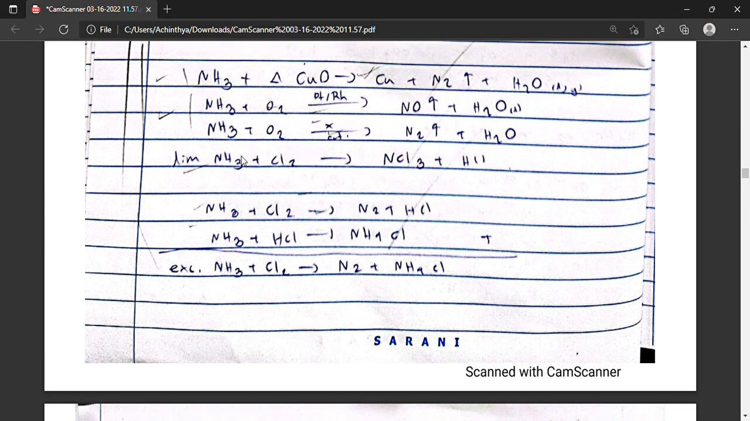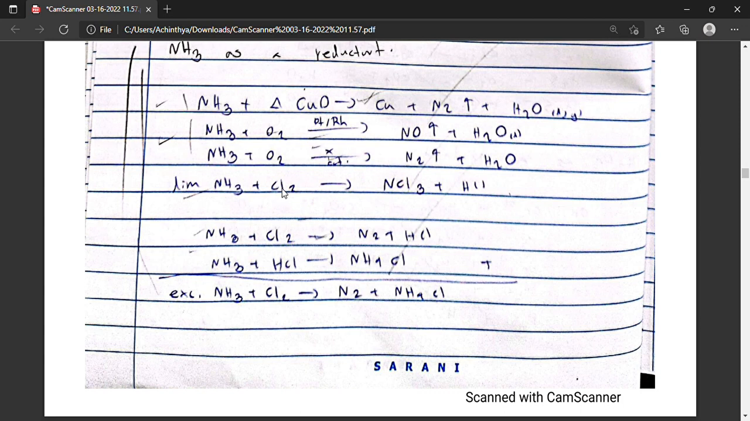Now we'll treat ammonia with chlorine. Here we do so with limited ammonia. When we react with chlorine, we will get nitrogen trichloride, and then we will get HCl also. We'll get hydrochloric acid as well. Here the chlorine gets reduced from 0 to -1 oxidation state, while ammonia gets oxidized from -3 to +3